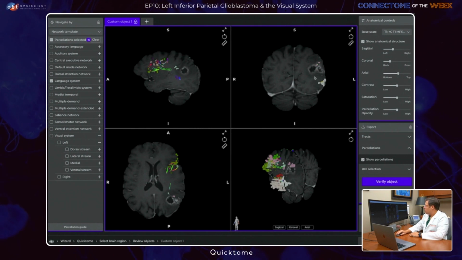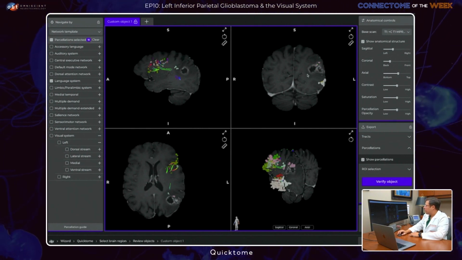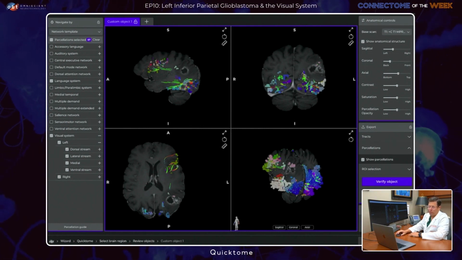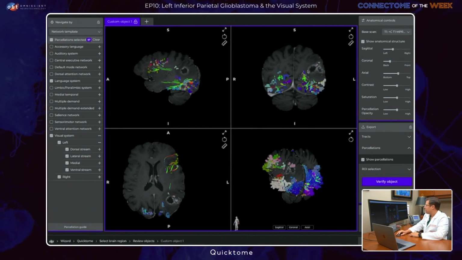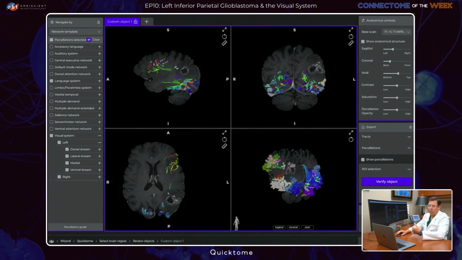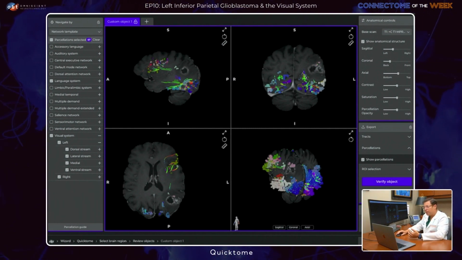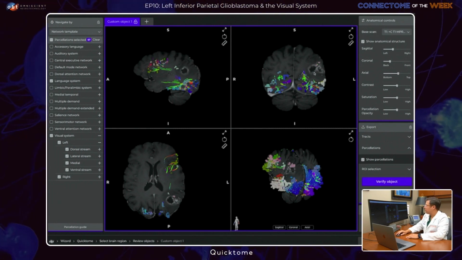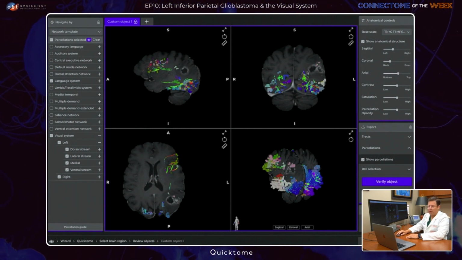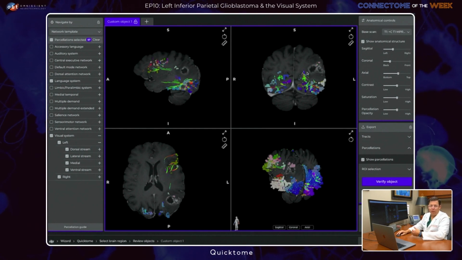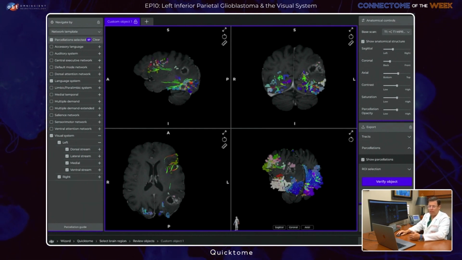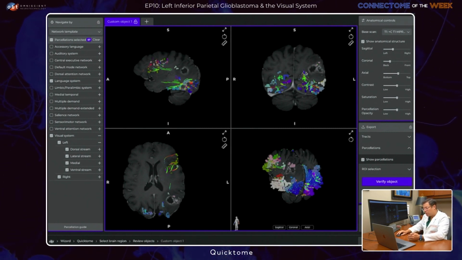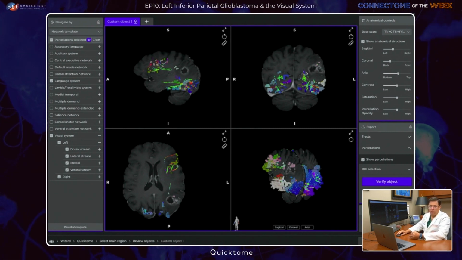But interestingly, on the medial and inferior aspect of this lesion, we also have a significant component of the patient's visual cortex, visual network. And it's important to understand that to really understand what the risks of surgery are and explain them to the patient so they understand them. And also understand, if you continue beyond the contrast enhancement, what are the next set of deficits that you could expect as a surgeon, to preemptively make sure the patient understands the risk and also try to avoid